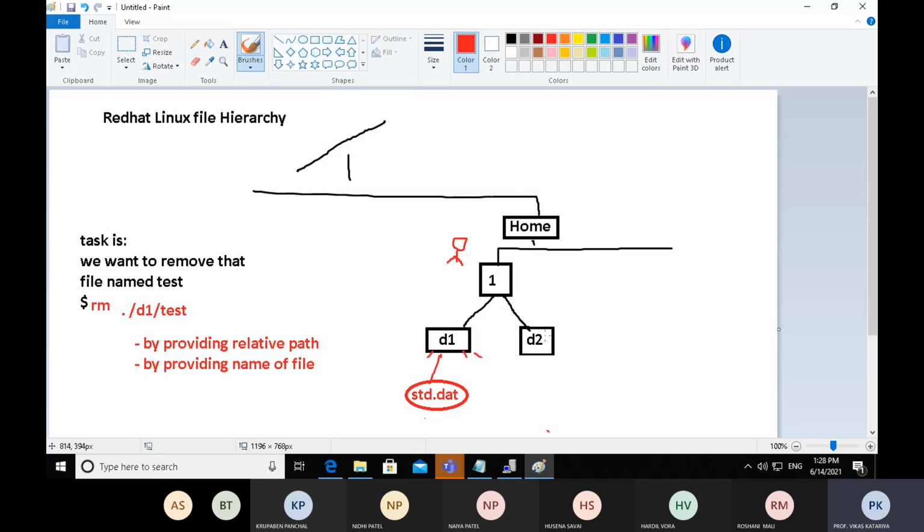So here I want to move our file. The source path will be 1, followed by d1, followed by student.date, and the destination path will be followed by the name of the file.